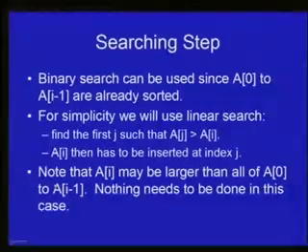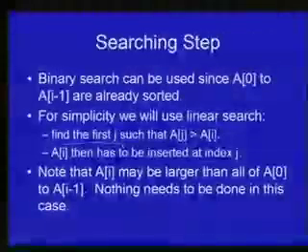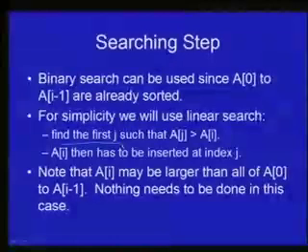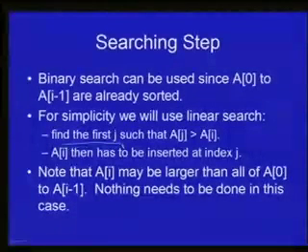So using a linear search, essentially what we'll do is we'll try to find the first j such that a of j is greater than a of i, which means that a of j minus 1 was less than or equal to ai, but aj is greater than ai, and therefore the correct position for ai in the sequence is at the index j in the array. And so ai would then be inserted in the next sub-step at the index j.